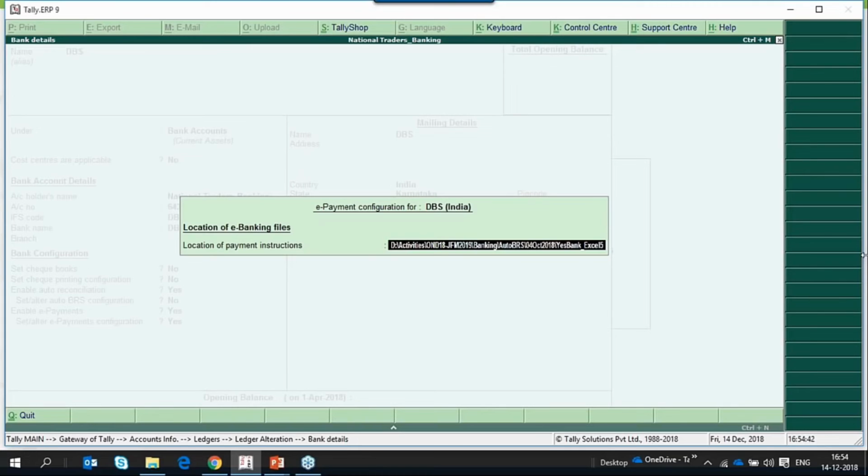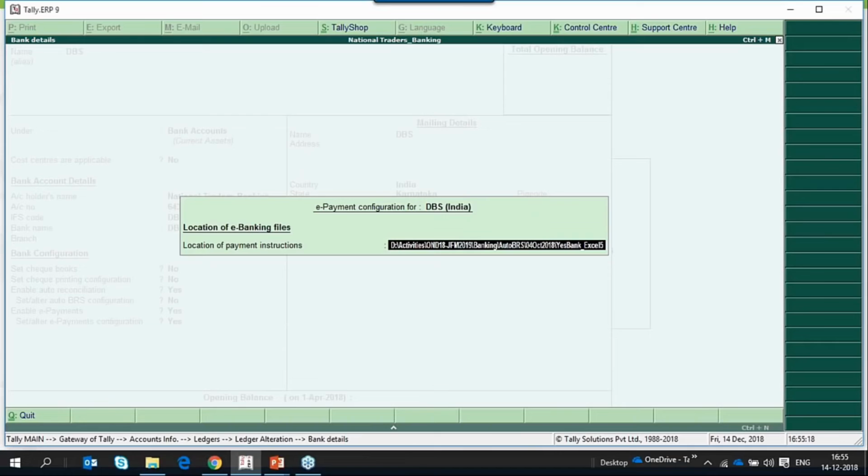Now, in the current scenario, when we are making an e-fund transfer, we have to manually go to the portal, make the e-fund transfer, and to reflect the same in our books of accounts, we have to record a payment voucher by selecting the e-fund transfer transaction type and accept the voucher. That is a dual effort by the users. They have to initiate the payment on the portal as well, and record the same in Tally as well. So to simplify this, we have supported this e-payments feature for selected banks.